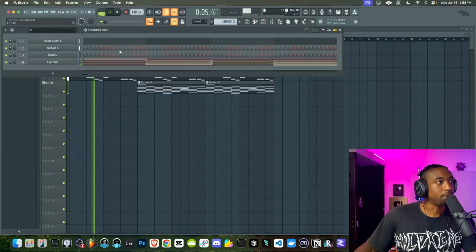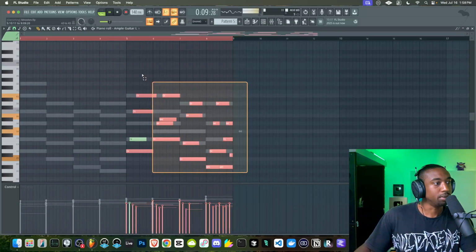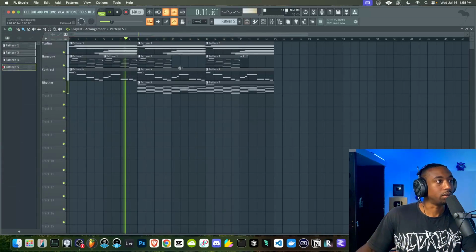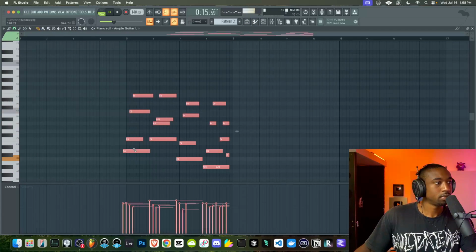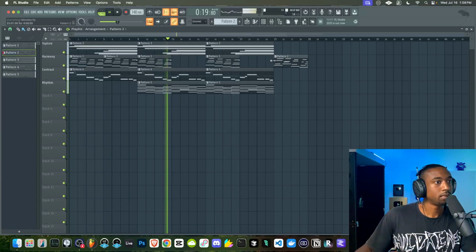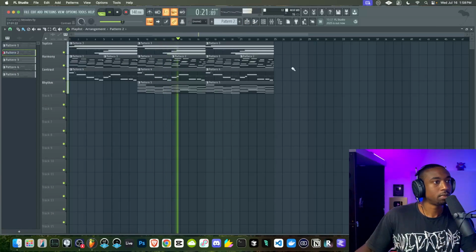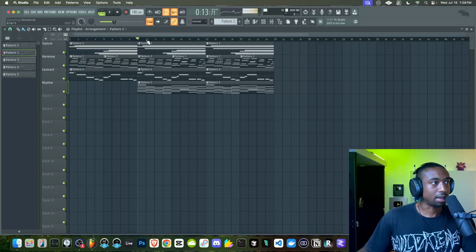Now let's take this MIDI and transplant it back into pattern 2. This could be better harmonically. I think it's the melodic note too.